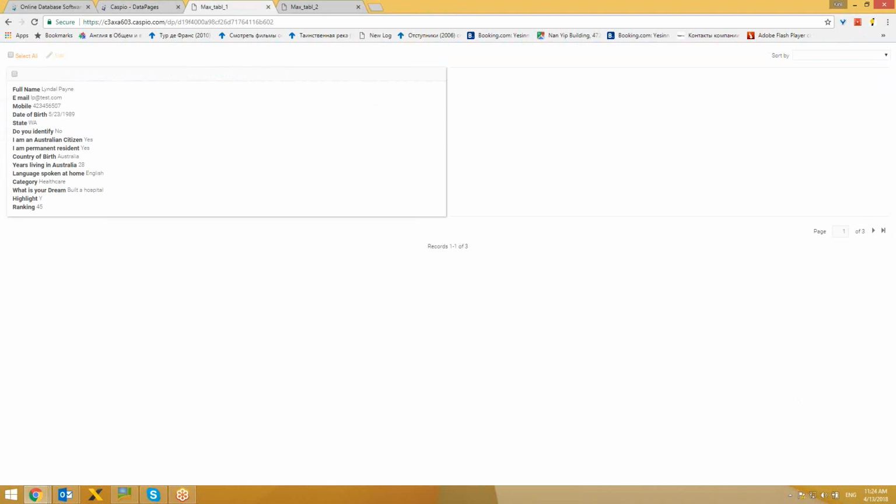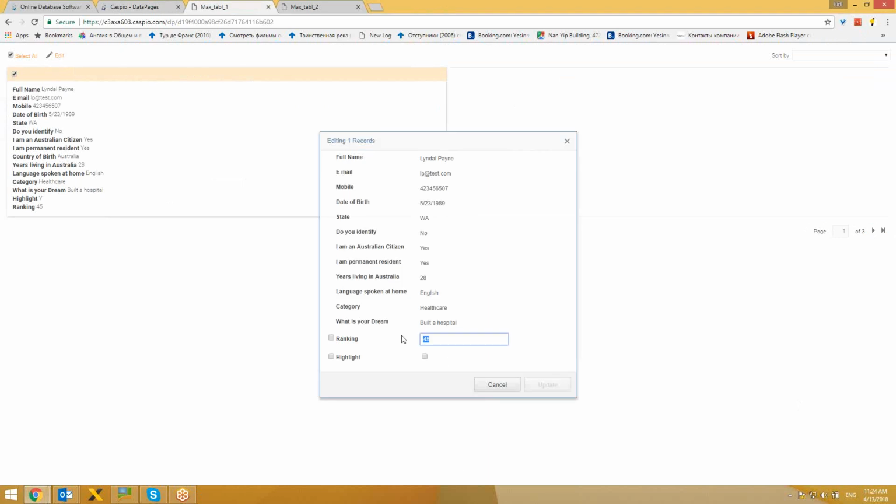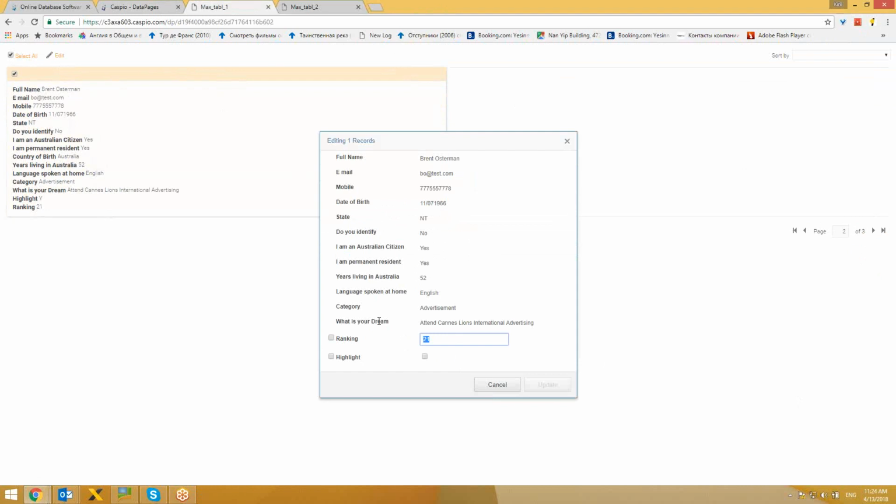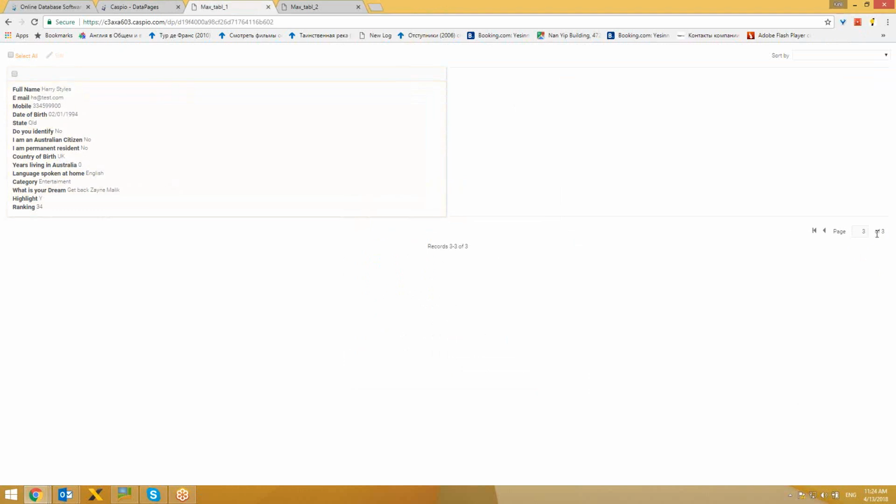And you can edit these records one by one using this checkbox and edit button where you input the rankings and click highlight, then you click update, and then you just surf to the next record and repeat. If this type of workflow fits you, I'm gonna show you really quick how you can do that with